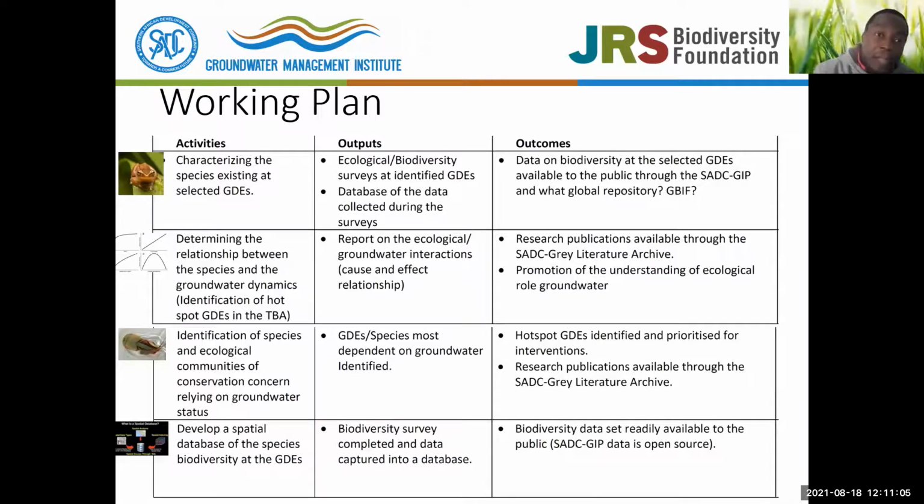So the outputs are the ecological and biodiversity surveys at the identified GDEs, then a database of the data collected during the surveys, then outcome data on biodiversity at the selected groundwater dependent ecosystems available to the public through the SADC GIP and other global